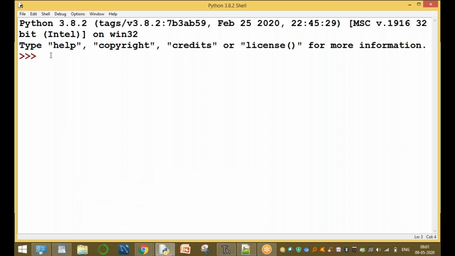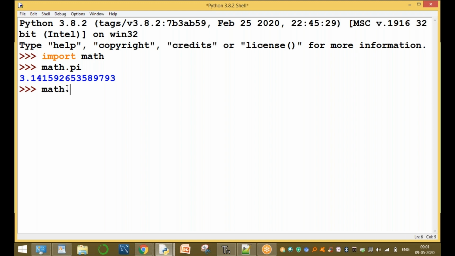Please see, for example, in Python 3.8.2, we use import math. This is syntax one. Math dot pi displays the pi value: module name dot the variable name. For example, math dot e gives the e value. Math dot sqrt of 100 prints the square root.